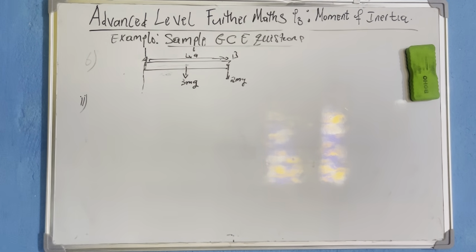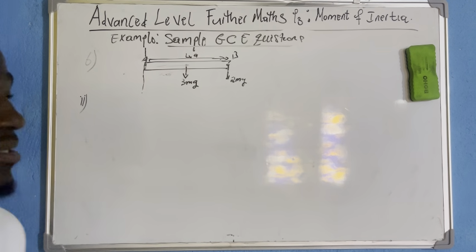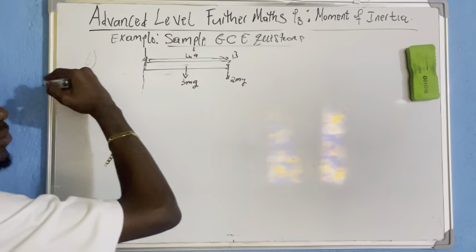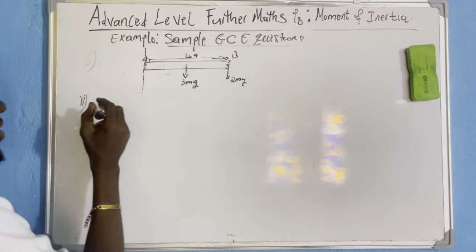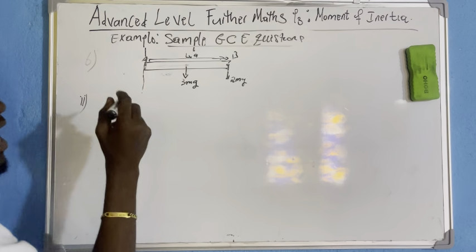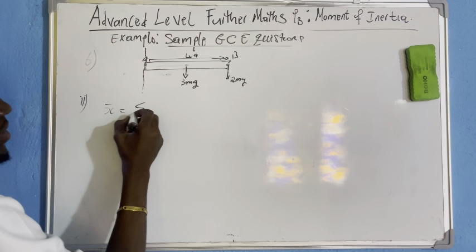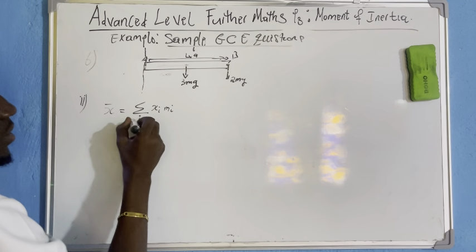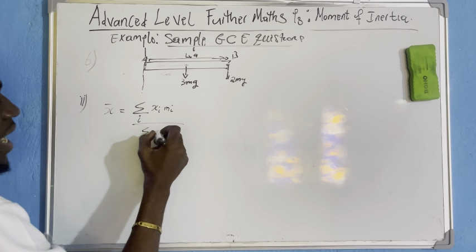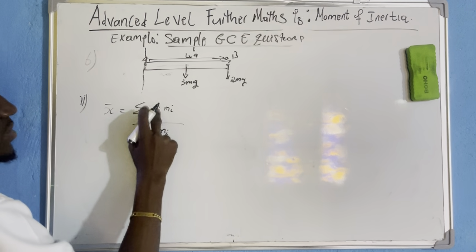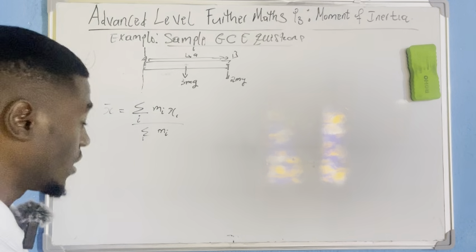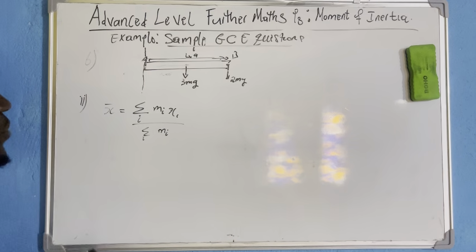Now to calculate that center of mass, that is mechanics. I already covered this center of mass in my video. Since it is a horizontal distance, not a vertical one, we talk about x bar. And remember, I told you that x bar is the sum over i of xi mi all over the sum over i of mi. Or you can put it as mi xi, multiplication is commutative.